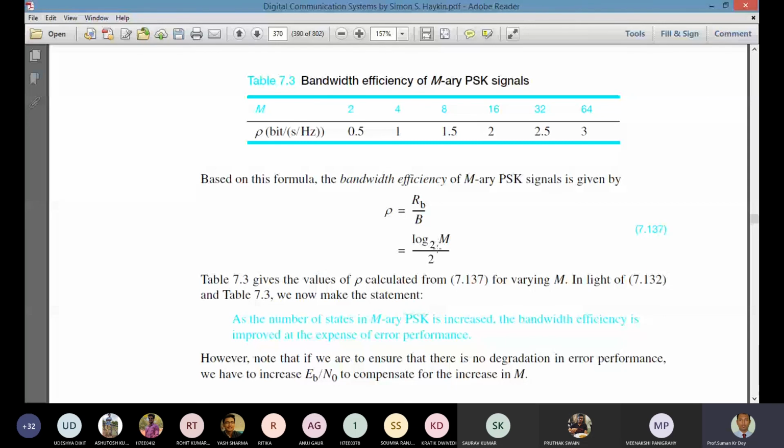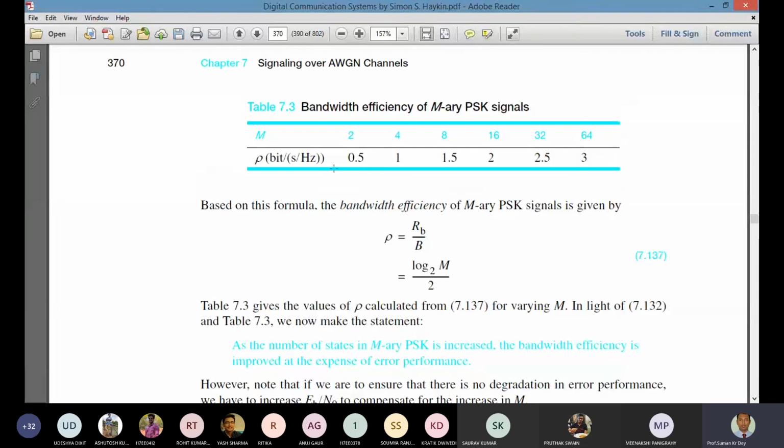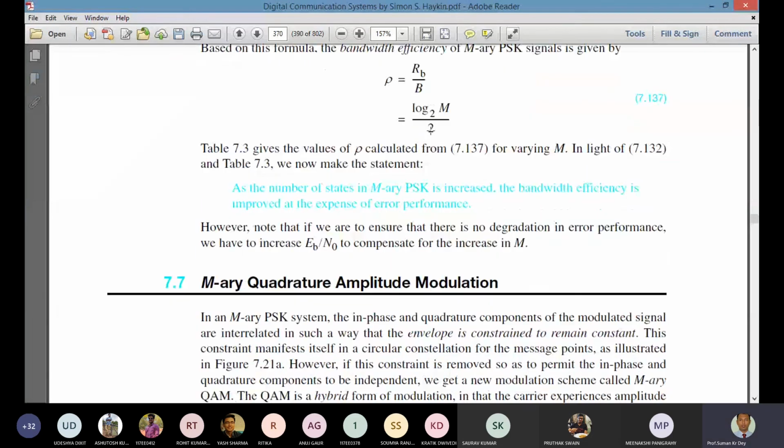And the different values of the bandwidth efficiency are mentioned here depending on the M value. So we consider different M values, and normally when we consider M-ary, M should be a power of 2, in this order. It should not be just any value. That means whatever M value we choose, it should be a power of 2. Okay. So now